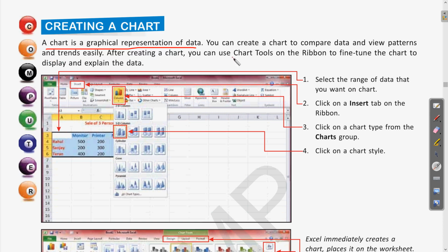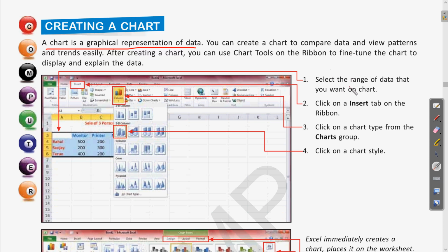After creating a chart, you can use chart tools on the ribbon to fine tune the chart to display and explain the data. So once you have created a chart, you can modify it and customize it. These options are present in the ribbon area. Using those different options we can change and edit things. So now let us see.